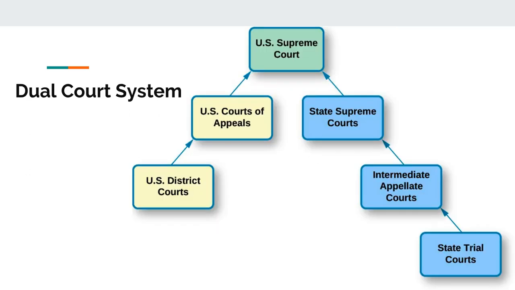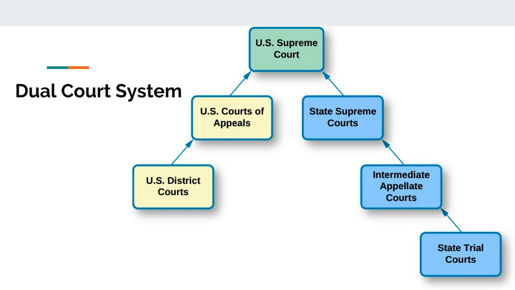There is a dual court system in the United States. We are not going to talk a lot about state courts in this video, and in this semester we're mostly looking at the federal level. So we're mostly looking at that left side, which is shorter: the U.S. District Courts, the U.S. Courts of Appeals, and then ultimately the U.S. Supreme Court. But just know that if there is a state